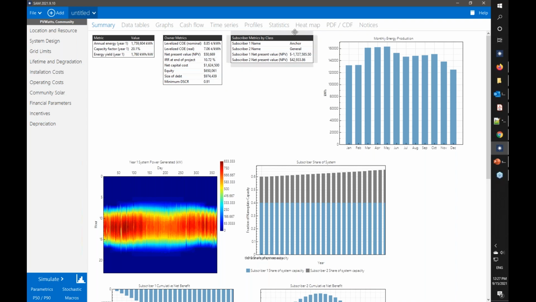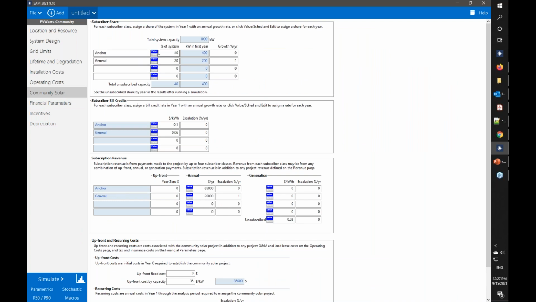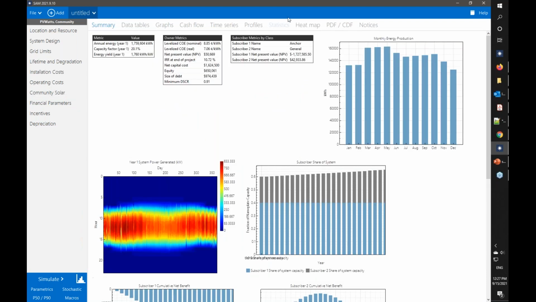And then from the subscriber perspective, we specified 2 subscriber classes on the inputs here, so we get results for 2 subscribers. The underlying code doesn't know what these subscriber names are, so there's just subscriber 1, 2, 3, and 4. This table provides a little map from the subscriber name that you provided to the subscriber number. So subscriber 1 is the anchor tenant, and they have a negative NPV, but the general class has a positive